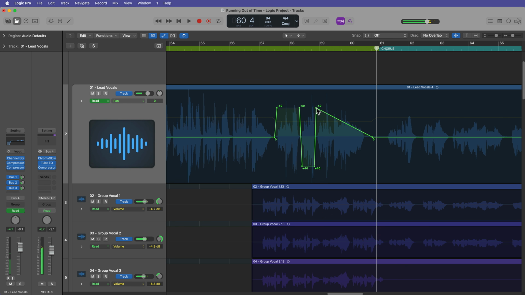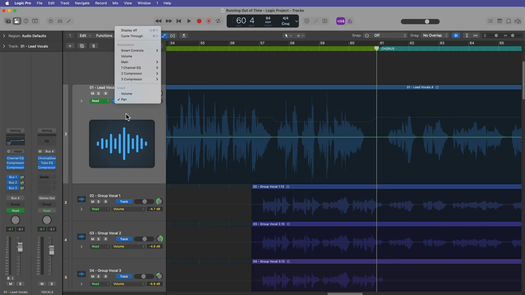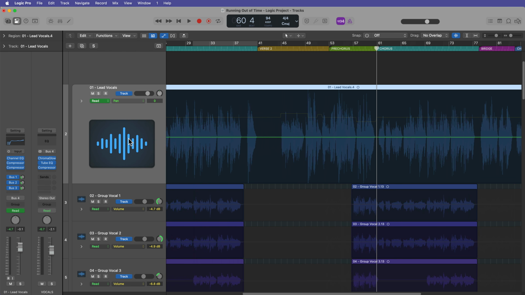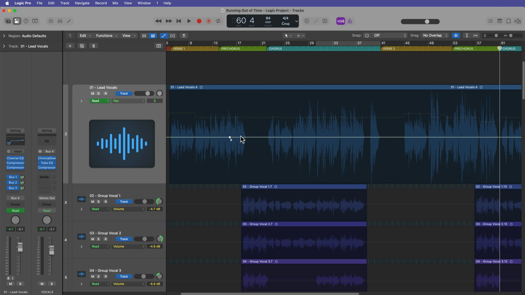There's all sorts of cool things you can do there. I generally find panning automation to be a little more useful with software instruments, for musical effects with your instruments. Now, if you have a bunch of automation on a track that you no longer want to be there,